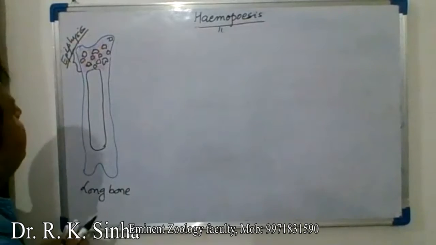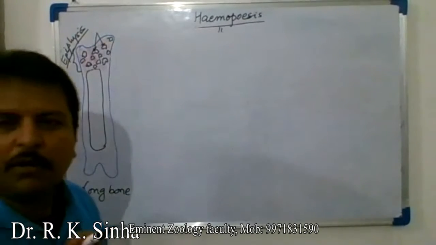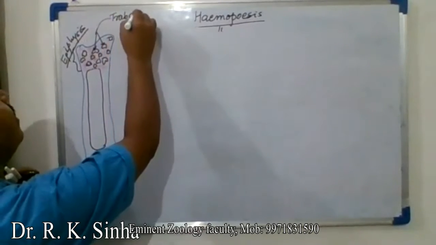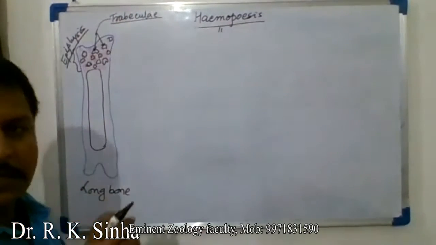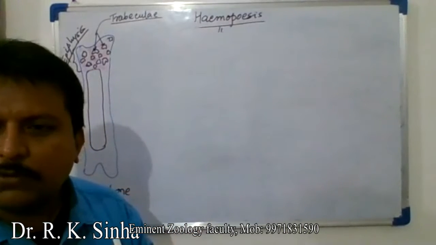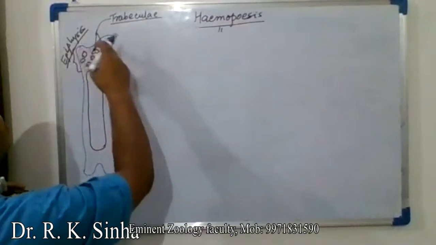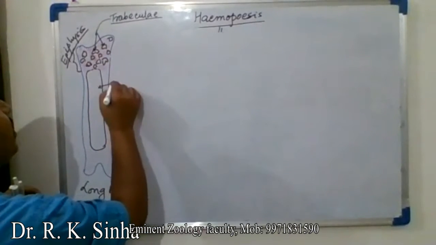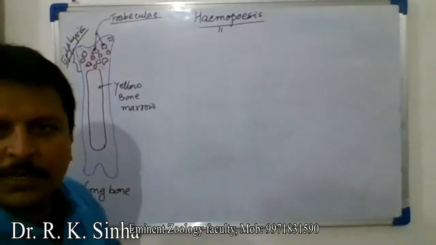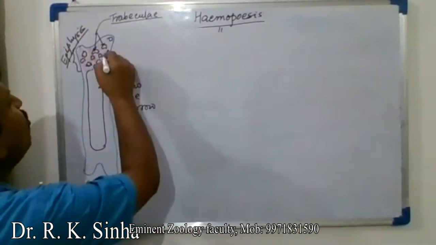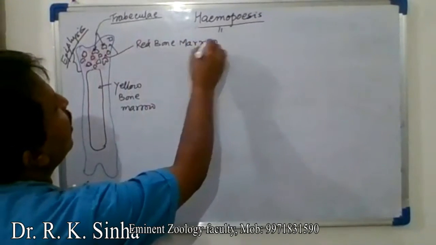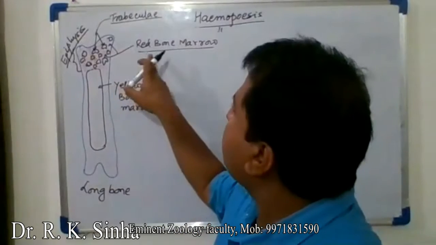In the epiphysis there are many small bone parts. These structures are known as trabeculae. Due to the presence of these structures, the epiphysis is a very soft bone. It is not compact bone; it is spongy bone. This is the region in which yellow bone marrow is present. Whereas in the epiphyseal region, the space between the trabeculae is filled with red bone marrow. This is red bone marrow, and this red bone marrow is responsible for